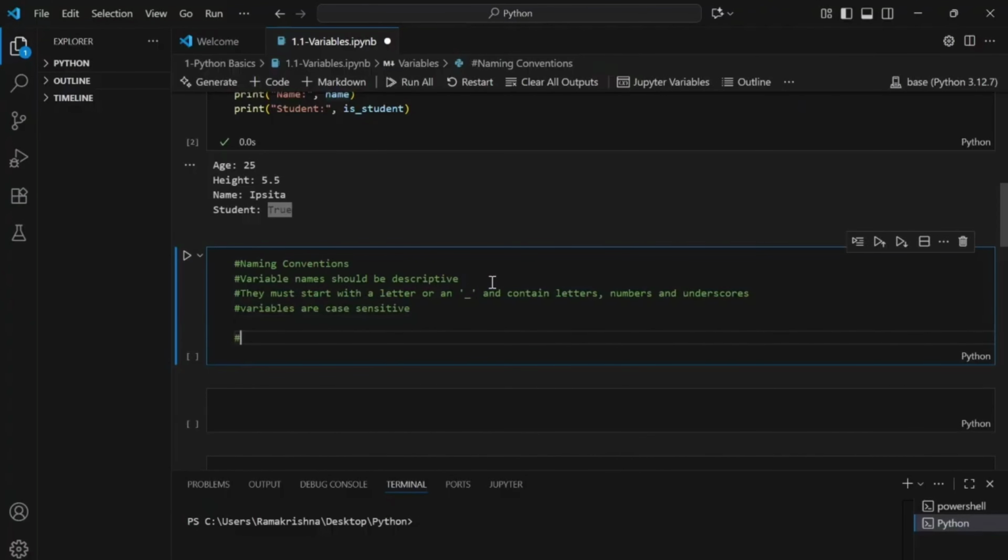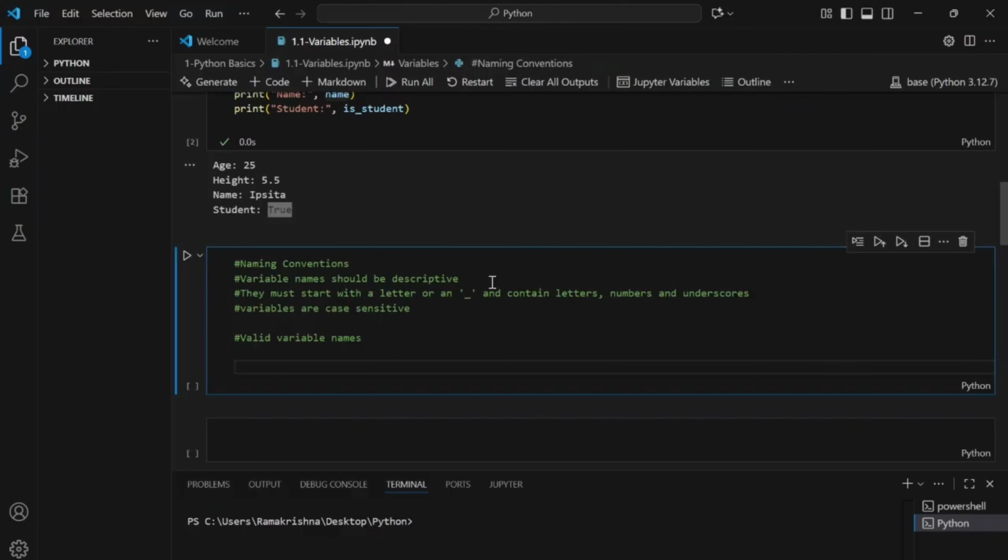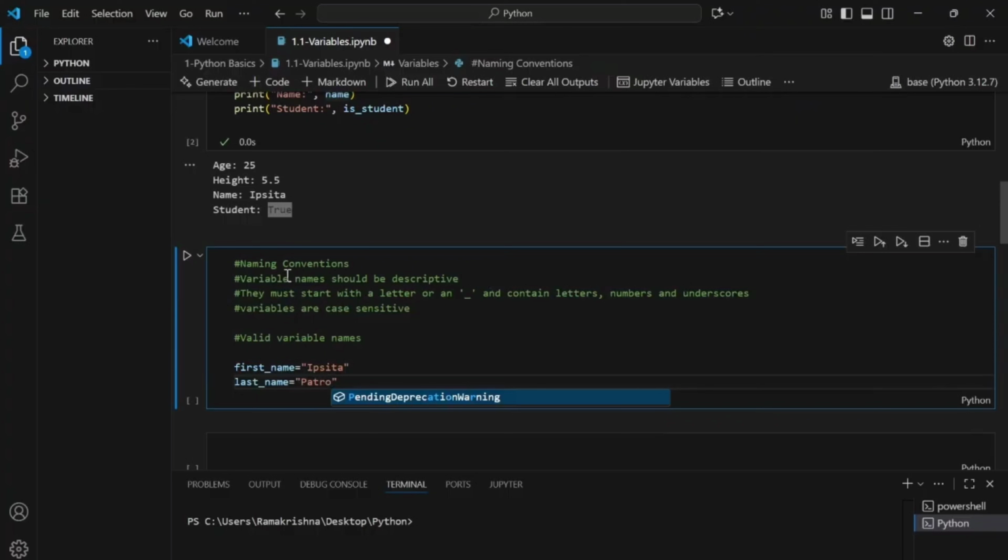Now let me give you some examples of valid variable names. Okay, so I'll just have a variable called first name is equal to Shweta, and I'll create another variable called last name is equal to Patrick. Okay, if I run this, I'll have to print.